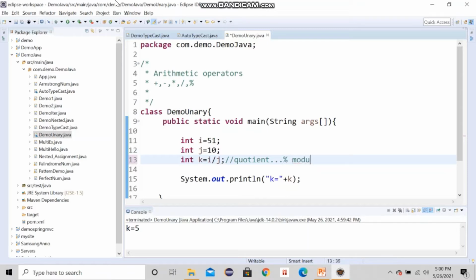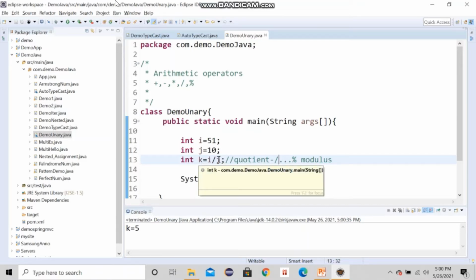For the quotient value we have to use division. Please do remember. Since I have changed it to 51, let's see what it gives you. Yes, it is showing 5 because it only takes the quotient value and returns it to k.